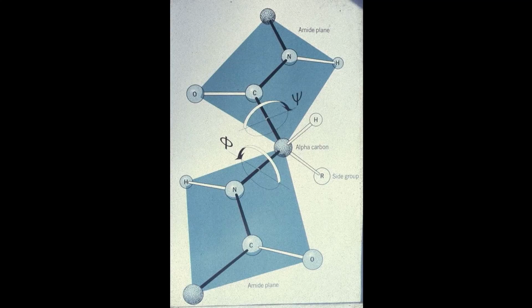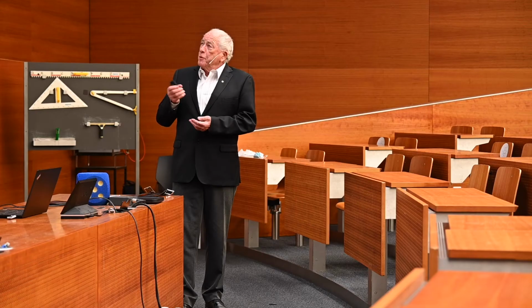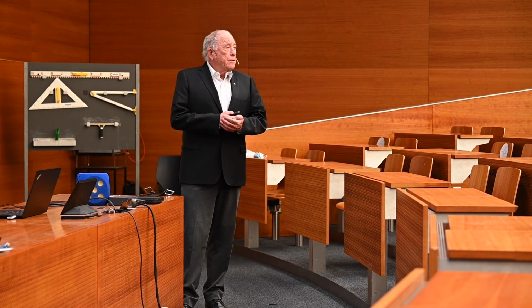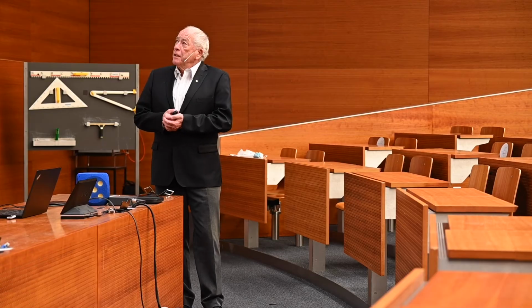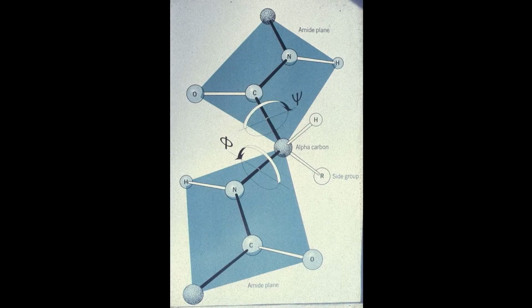Now, what you see here is a drawing of two neighboring amino acids linked by a covalent bond. This is the type of structure that was studied by Pauling and Corey in the early days. And then Ramachandran generalized this. You see in the center of this picture, there are two arrows and the Greek letters phi and psi. These describe rotations about the bonds between what is called the alpha carbon and, in the lower part, N, the nitrogen atom